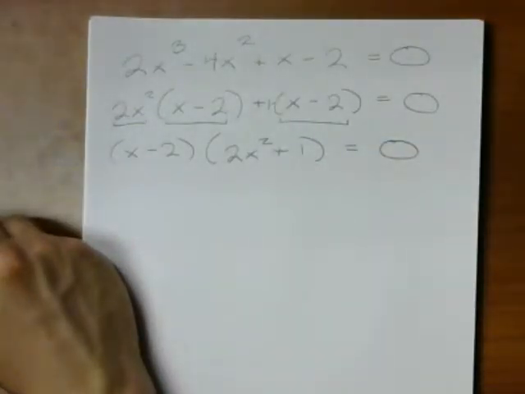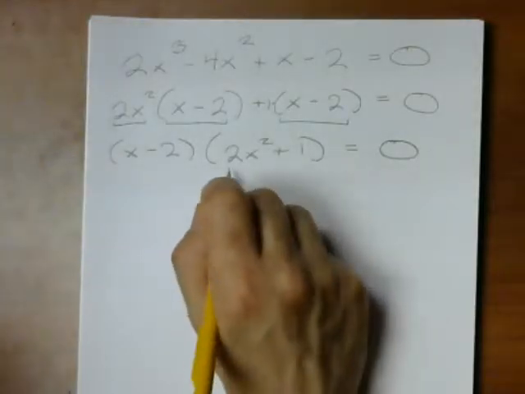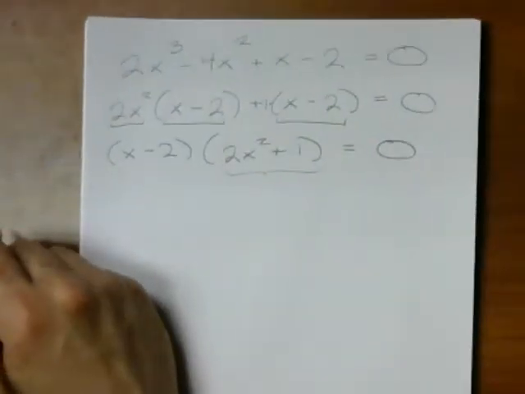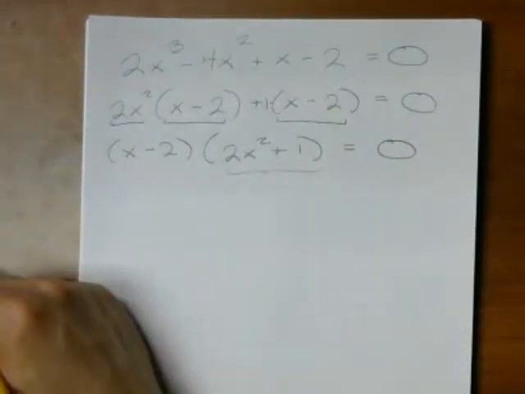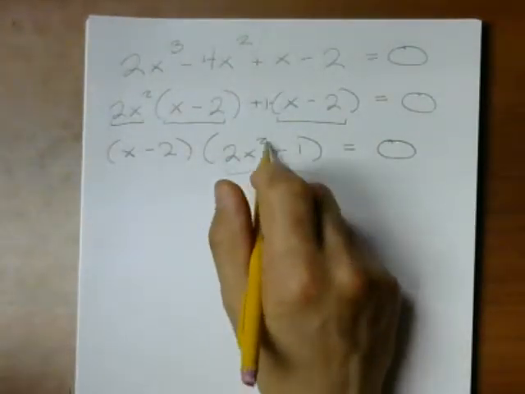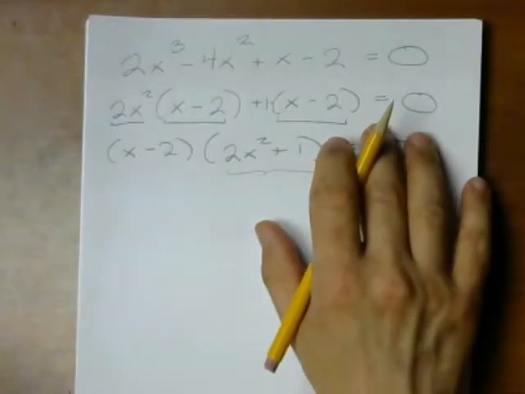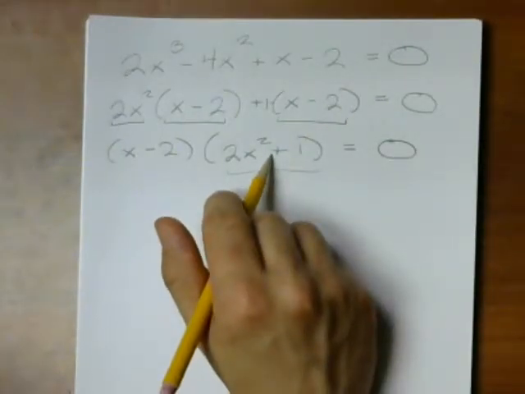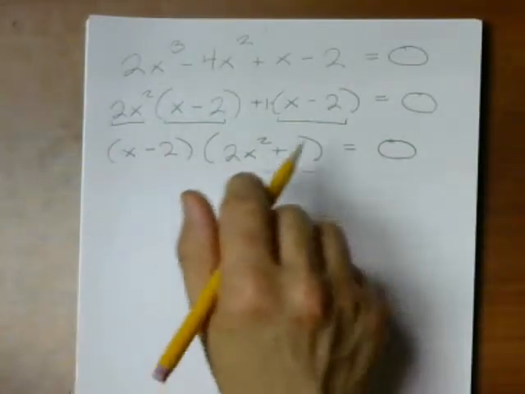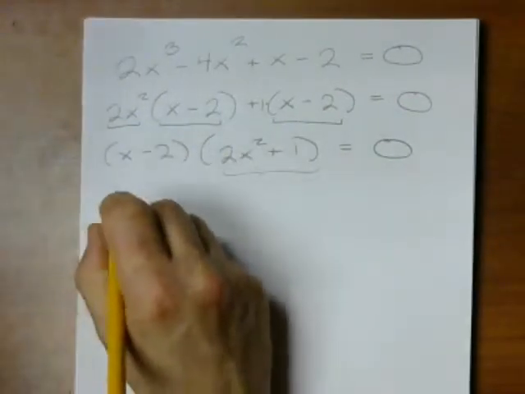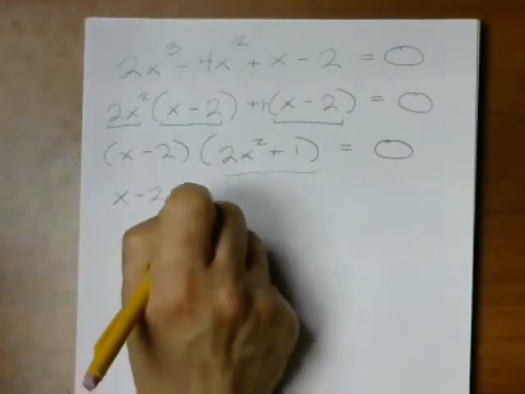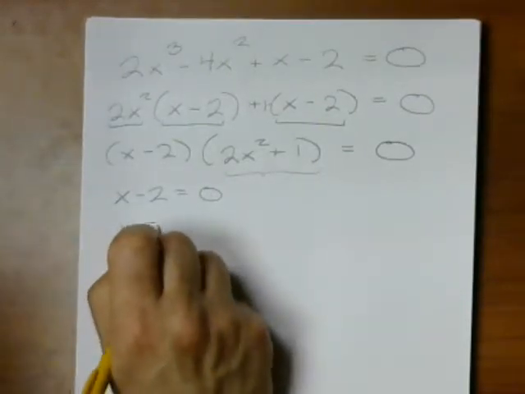Okay, so now I want to solve this. Looking at this, notice something. 1 is always positive, x squared is always non-negative, so 2x squared plus 1 is always going to be positive. This is never going to be 0. So I know this product has to be 0 if and only if one of these two pieces is 0. That leaves this as the only possibility,